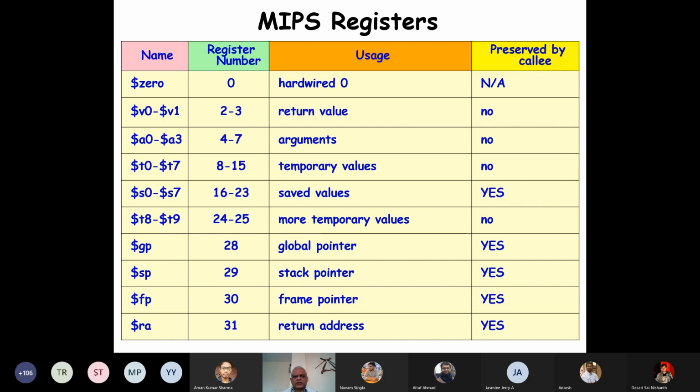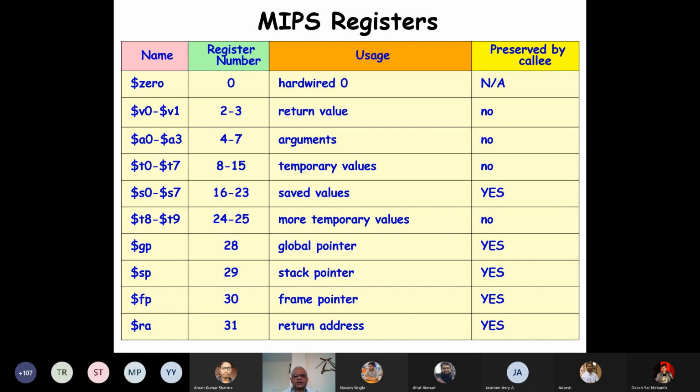It's just storing 0. One use that of course comes quickly to mind is that if we have a variable to be initialized with 0, we just copy from this register to that register. That's one use, but that's a small use. There are bigger uses for this register 0, which is constant 0 always.